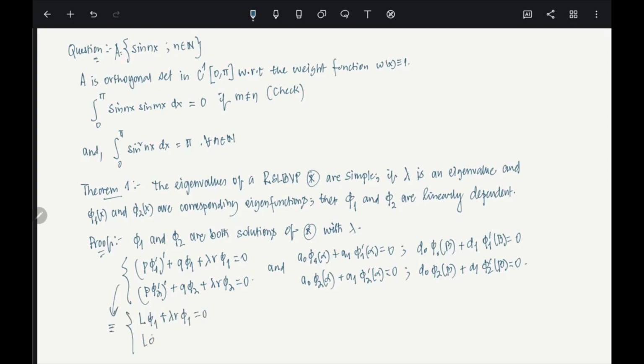And this is L phi2 plus lambda R phi2 equals 0, where L of y equals (P y prime) prime plus Q y, right? That's your L of y. So those two are fine, right? Now you remember, if this is the case, you can use the Lagrange identity. I told you that we are going to use the Lagrange identity later on. So using the Lagrange identity,